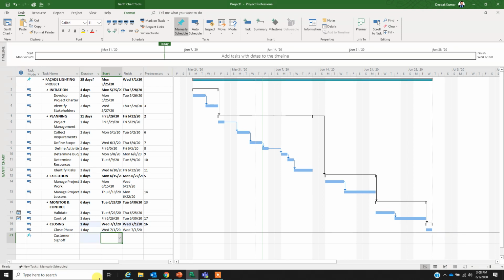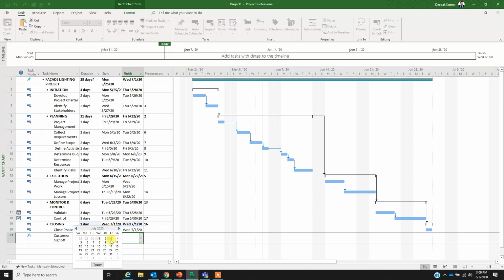Let's say I do not know what the duration of this task is, but I know when it is going to start. So let's say it's going to start on 2nd of July. The system is going to put the left side, which is the start date of the task. But since we do not know the end date of this task, it is not defined, or it has not shown any end date.